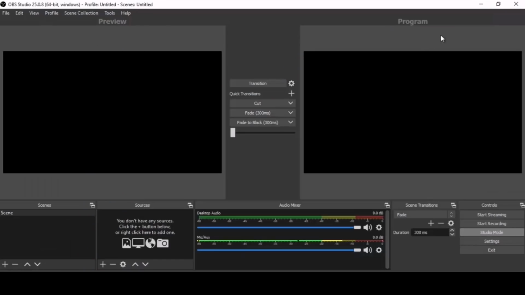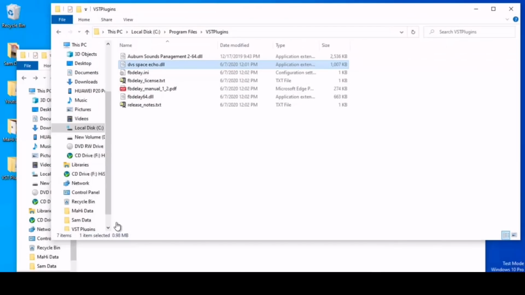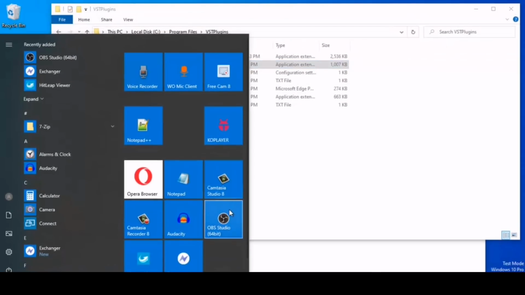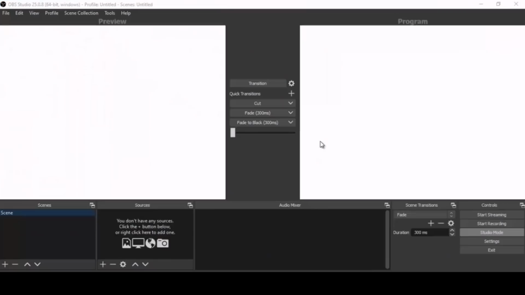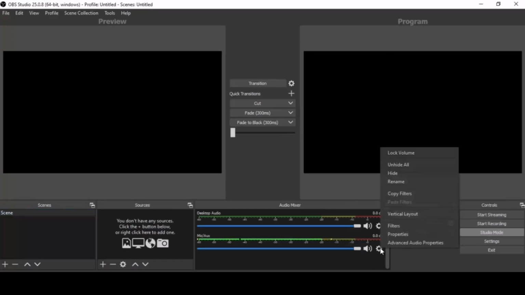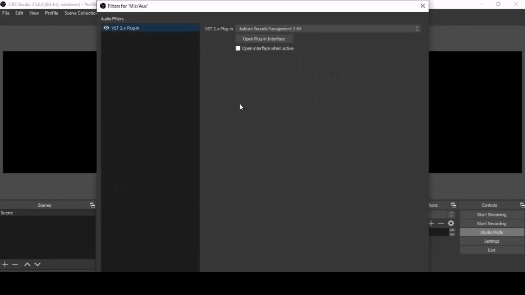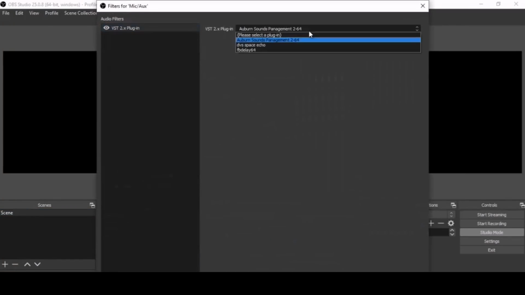Okay, let me restart OBS. Go to audio filters. Okay, this also has been installed.